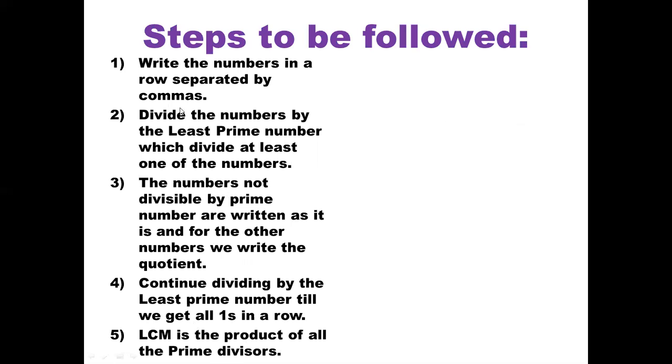Now, the first point is to write the numbers in a row separated by commas. My dear children, before starting this, make sure that whatever I'm writing and however I'm writing it, you follow the same procedure if you are doing the division method. They involve some rows and columns which you have to do as they are. Before starting, I have to write down the question in front of the step so that it is easy for you to go through these points and then look at the solution as well.